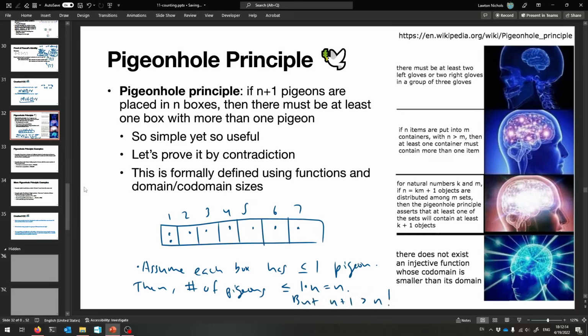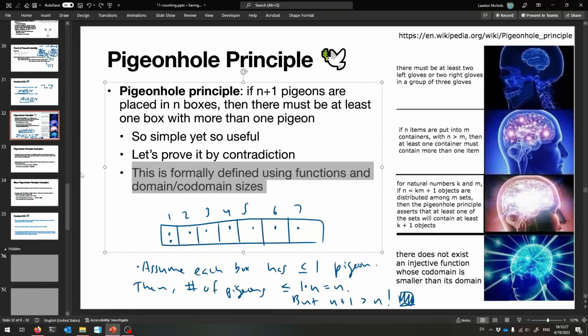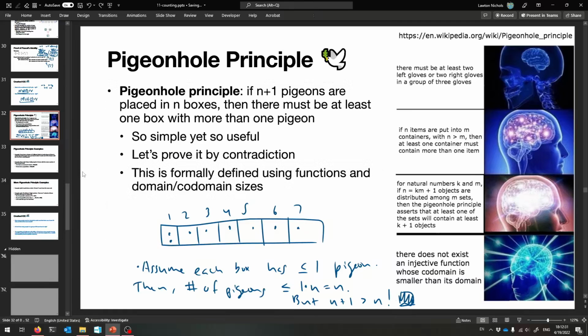And that's a contradiction. So that immediately proves that there must have been one box with more than one pigeon in it. Okay? And so that's the pigeonhole principle, very simple. Formally, it's usually talked about in terms of functions and domain and codomain sizes. It's like saying this: if this is a function and here's your domain and here's your codomain,